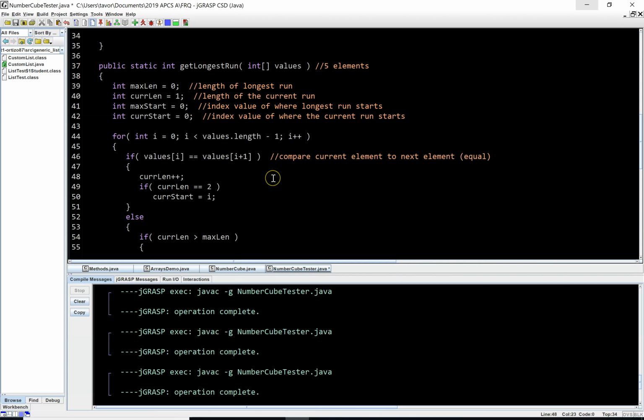If they are equal, all right, so just go right here. Actually, well, right there is good. If they are equal, increment length of run by 1, and then if length of run is 2, store index value